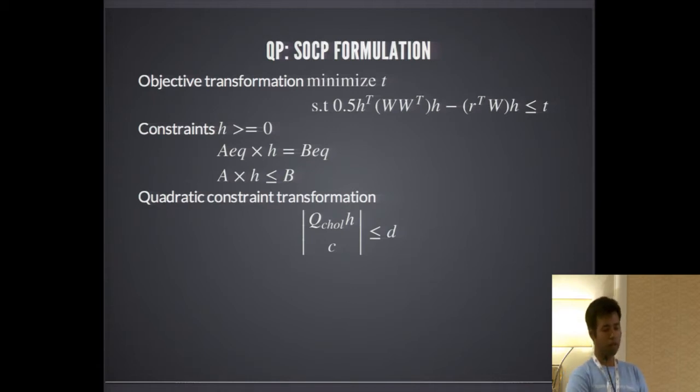What we do is transform the problem into a quadratic constraint, and the main trick is that we do a Cholesky transformation in a way that the Cholesky factor transpose times the Cholesky factor gives us back this quadratic constraint. Then we take a square root of that, and we get back the quadratic constraint represented as a conic constraint.